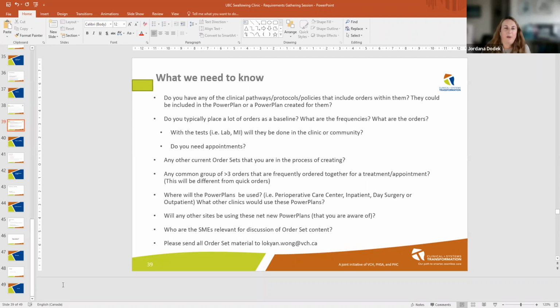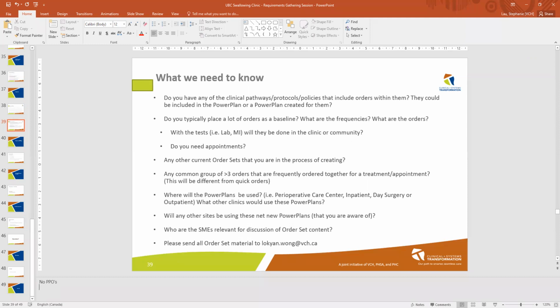I don't think this clinic has order sets, is what we're understanding. Okay, I was curious though, does anyone have a pathway that connects to you, where they get an automatic request, or would a power plan be coming to you because of it? Are there certain types of patients that get referred from an inpatient space? Not so many that it would be an automatic one included on a power plan, I don't think. Okay, that's great. Thank you very much. That's all I needed to know. All right, thank you.